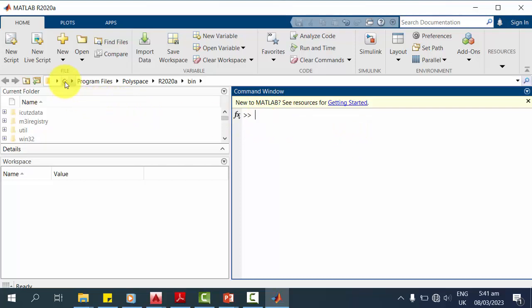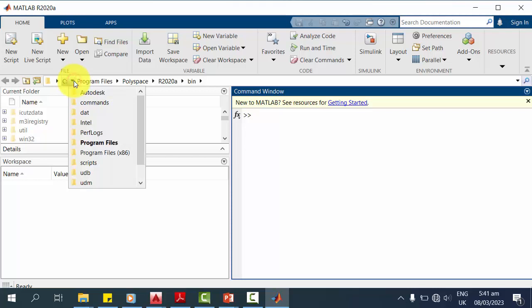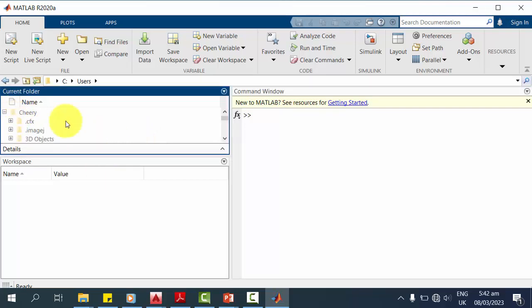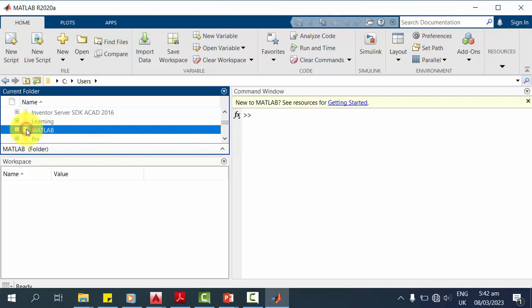Even if you have administrative rights on the computer you are using, you are not allowed to write a file to that location from MATLAB. So to change it, click here. Scroll to Users folder. Click plus to expand your username on the computer. Mine is Cherry, so I'll click here to expand, then scroll down and expand Documents folder. Then scroll to MATLAB, double-click to open it,